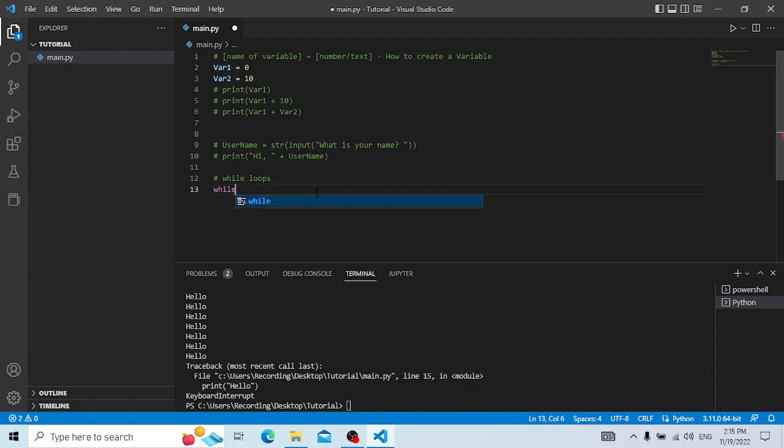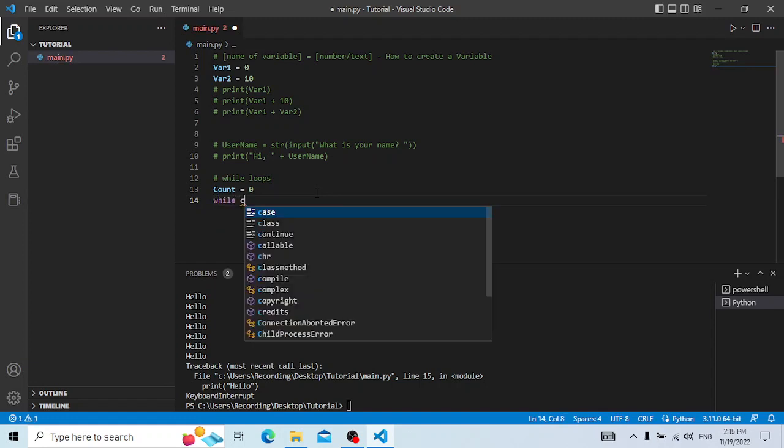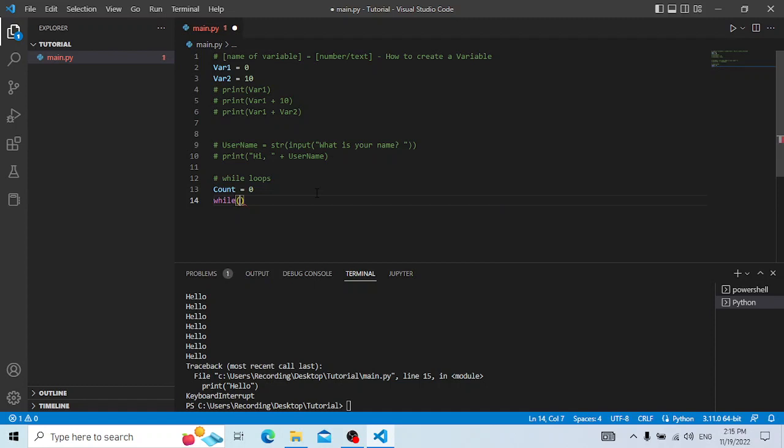We can do while. First of all, we are going to need a variable for this, so let's define one. Let's say count. Right, nice and simple. Set that to 0. You can say while count. Let's not forget the variable. So first of all, a while loop uses while and then brackets, and this is just to say what the loop needs to keep looping. So while count is equal to 0, or we can say while count is bigger than 11,